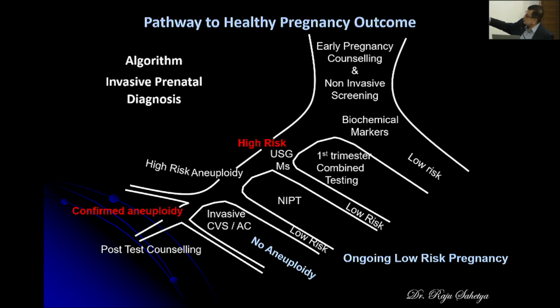So this is what I spoke to you. This is the algorithm. You must take a picture of this. In practice, the pathway to a healthy pregnancy outcome, like what I told you, in early pregnancy, begins with good counseling. When you have counseled the patient and you will tell her that this is what you require, she will be most ready to do it, or rather she may remind you, okay, doctor, why aren't you doing my sonography to see the cardiac activity? Why aren't you doing my NT scan, and when will my dual marker be done? So if you follow this pathway,